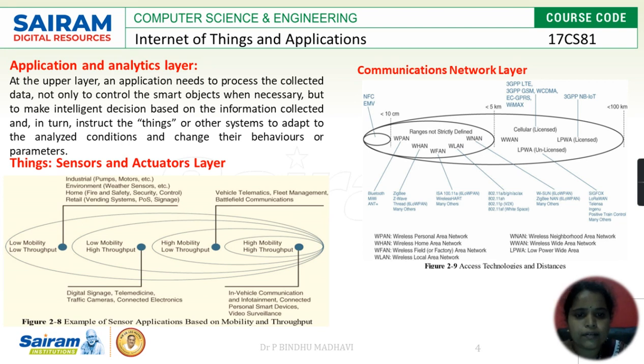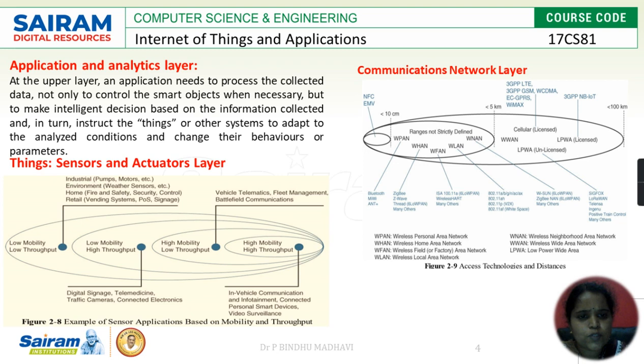And the communication layer, yes, the radius: within that particular radius the devices will be connected. It may be less than 10 centimeters, 5 kilometers, 100 kilometers. We know, right, there are different types of networks, like wireless area network. In a similar manner, wireless personal area network, home area network, then local area network, WLAN, then low power wide area networks. It depends upon a certain radius, right?